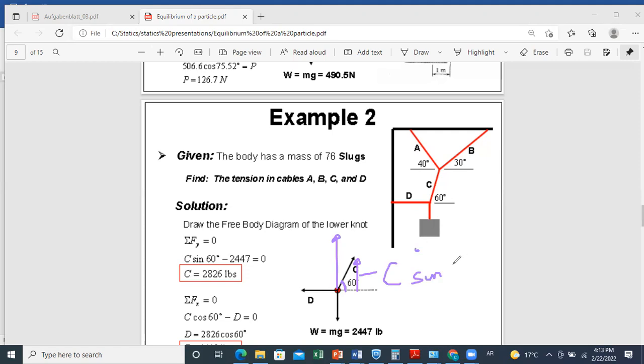Now, since cable D is horizontal, it doesn't have a component along Y, so it's 0 along Y. And finally, I have the weight that is downward, so minus the weight